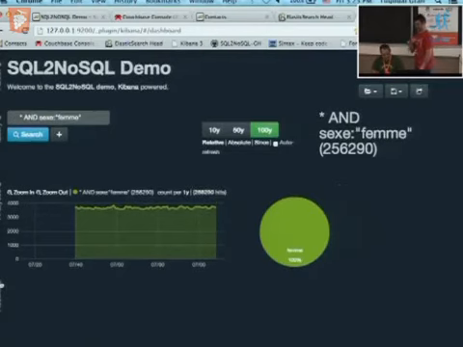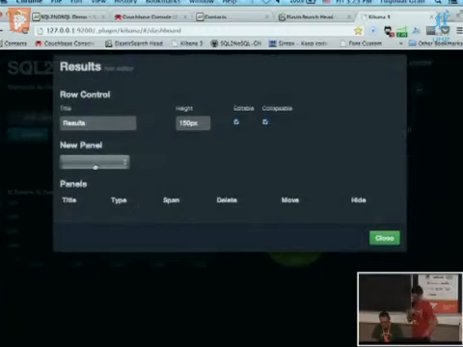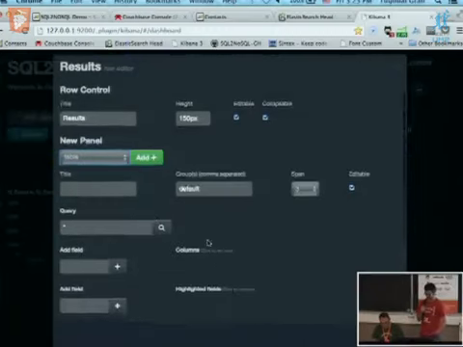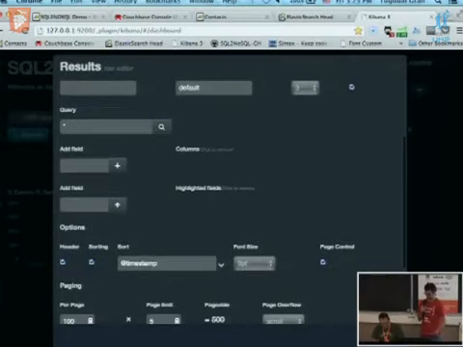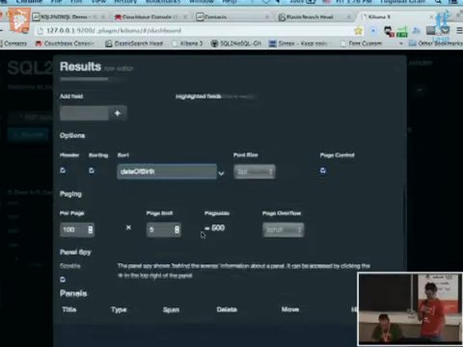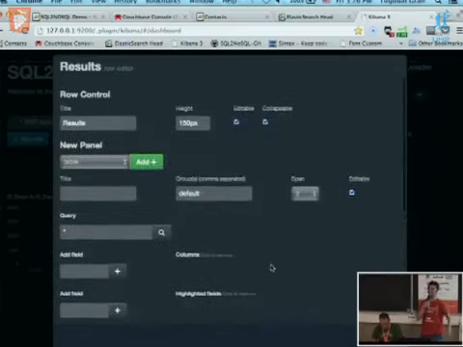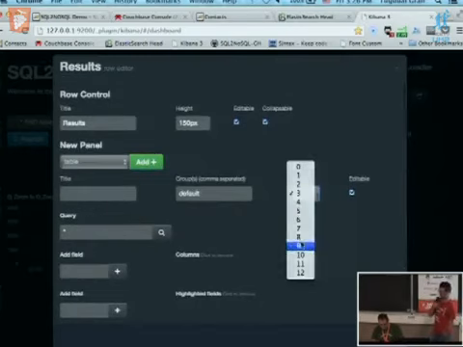By the way, we want results, so I need to add a table here. It's based on date of birth. To show all the data, also all the documents, the attributes of the document.